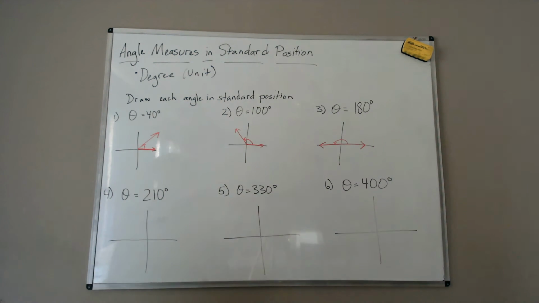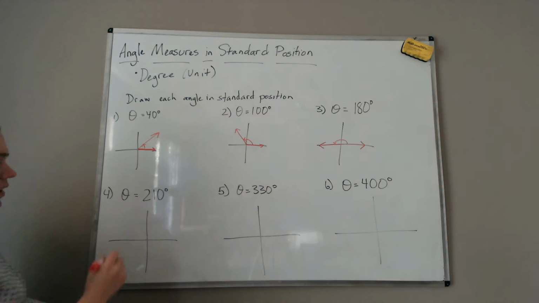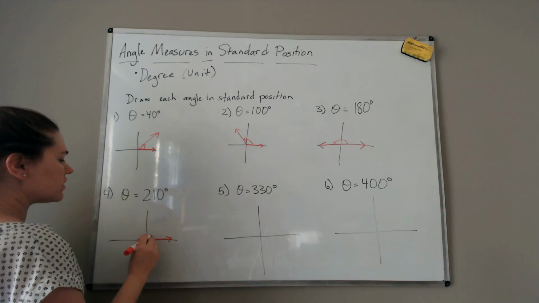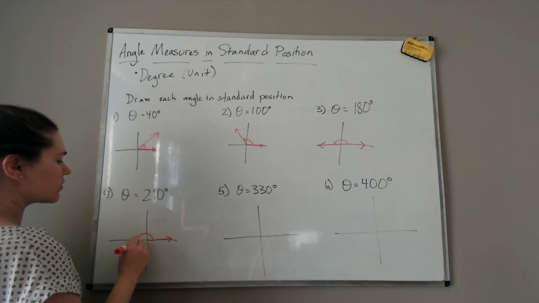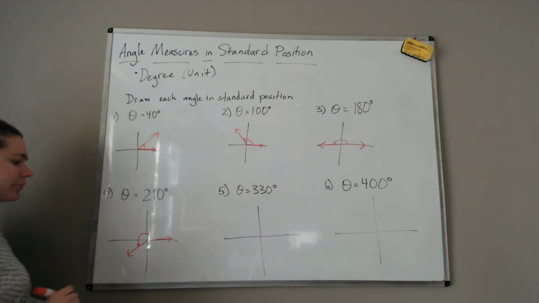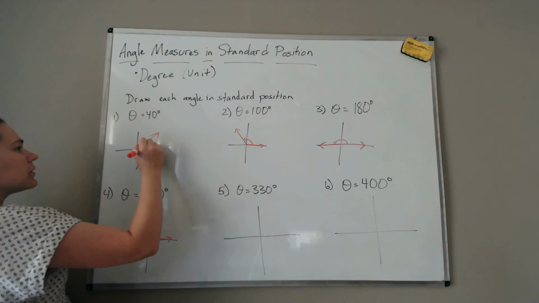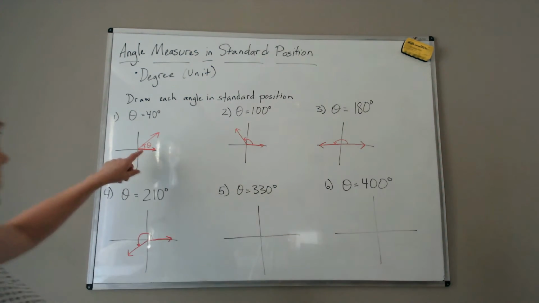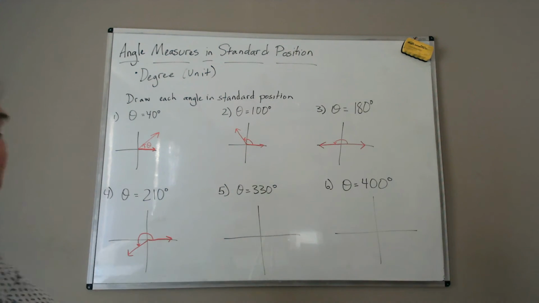All right. Number 3, theta is 210 degrees. Okay, so standard position, you always start here. This would be 180, so I have to go how much more than 180? 30 more degrees, so it'll be about right here. I draw my terminal side, and that is the angle. Some people like to put little thetas inside there as well, okay? Showing you that's theta, that's theta, that's theta, but see how it gets a little bit more